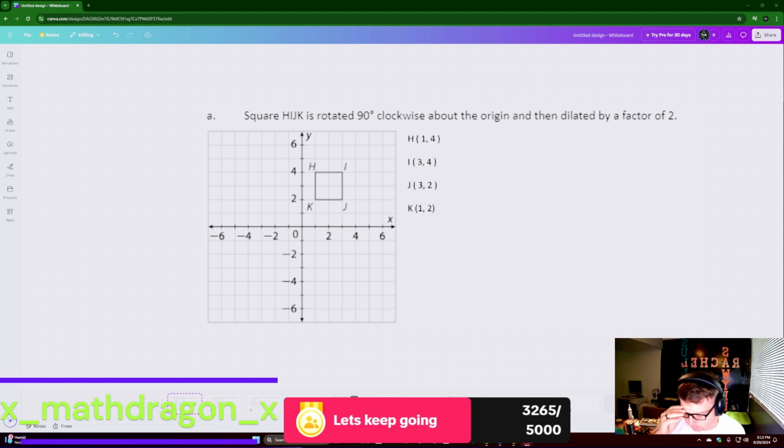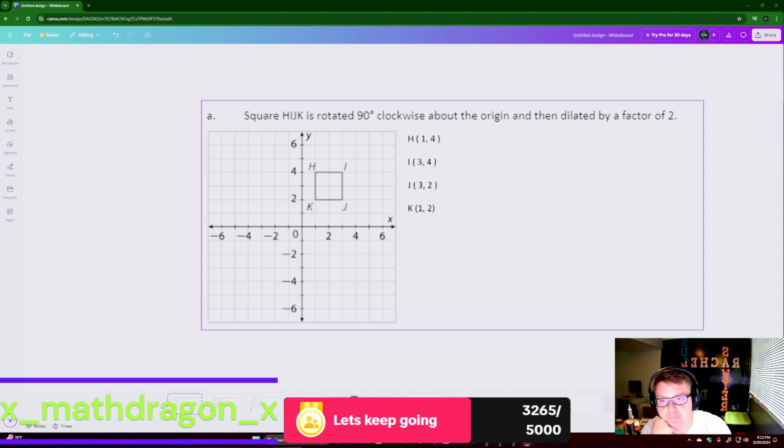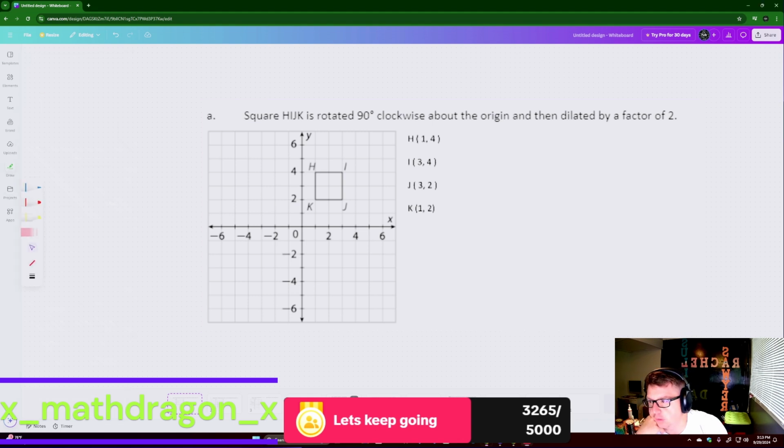We are going to talk more about transformations: rotations, reflections, translations, and dilations, where things are getting larger or smaller. So let's get going with this one. And this problem,